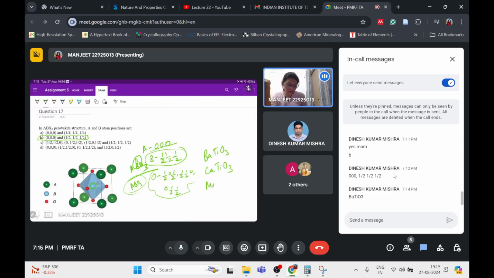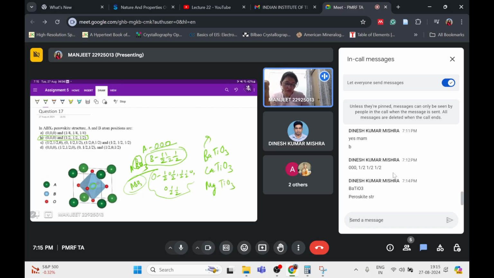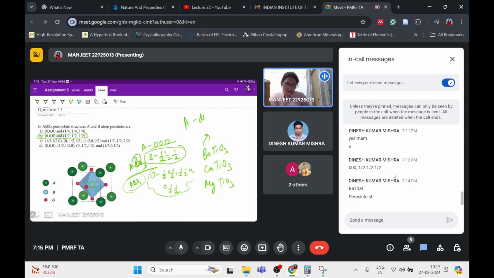also magnesium titanate. This A atom is your divalent. Yeah, this is of the perovskite category. STR is basically, what is STR meaning? Structure. Okay, you are representing the perovskite structure. Okay, fine. This A is your divalent cation,